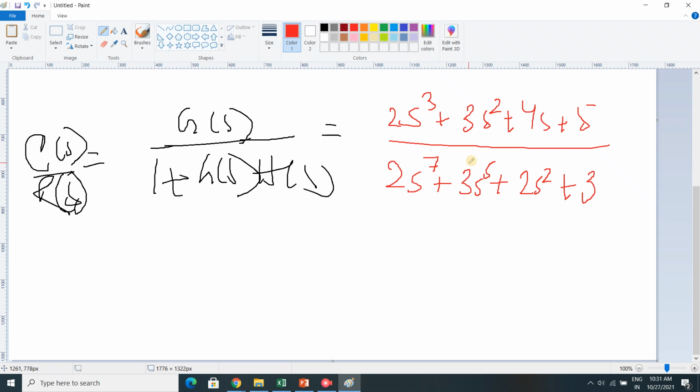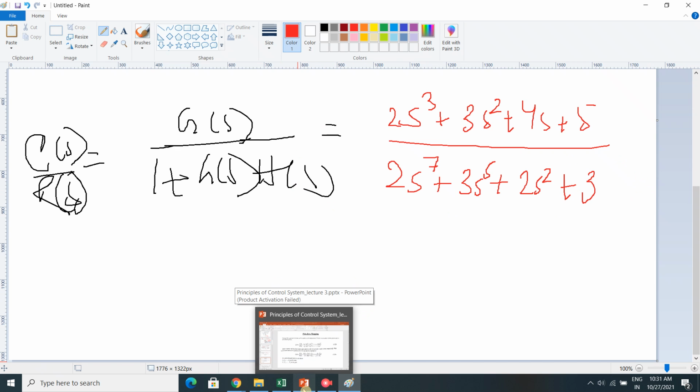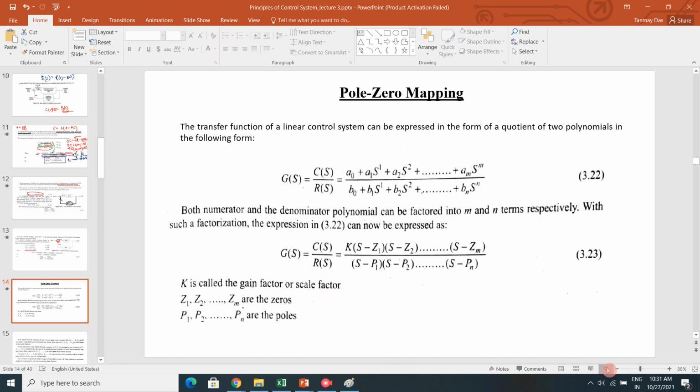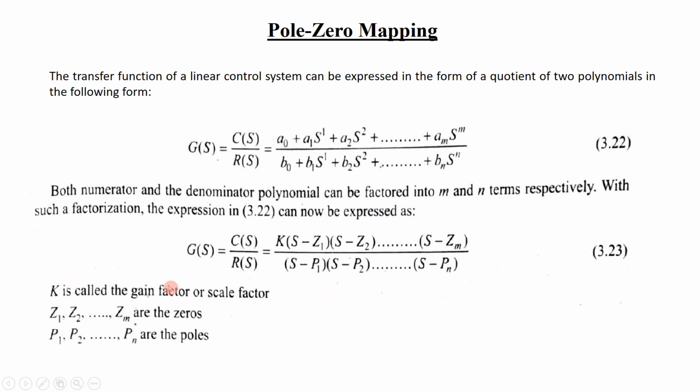Okay, 2x square plus 3, it can be like this. It can be a greater one. Over here I am just not mentioning the other exponents. I am just omitting those, but you will get a full equation like this. So the closed loop transfer function G(s) by 1 plus G(s)H(s) is generally in the form of this polynomial equation.